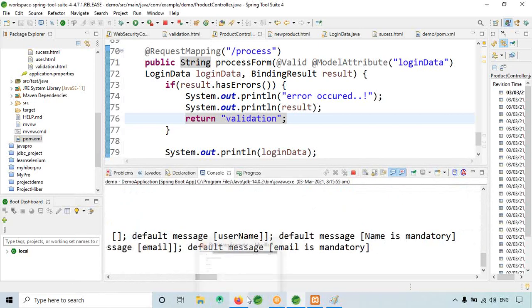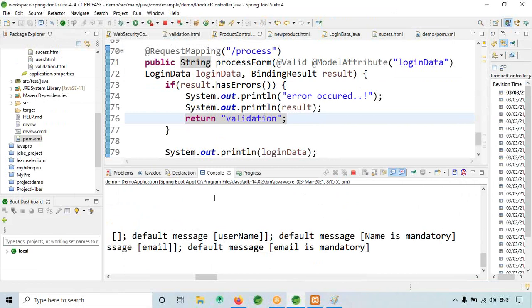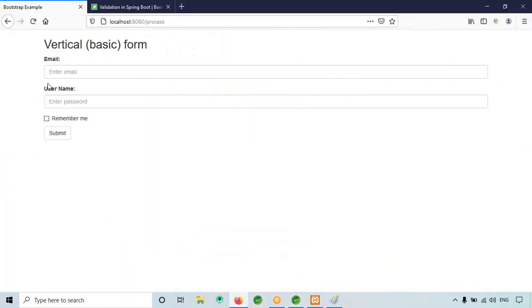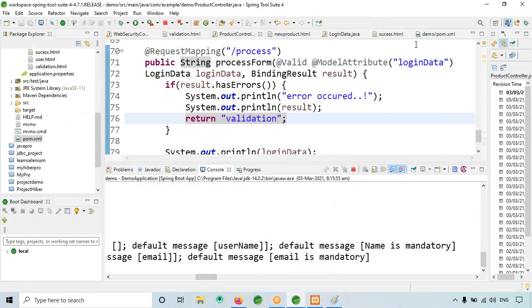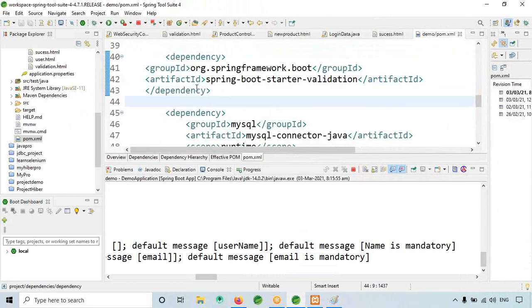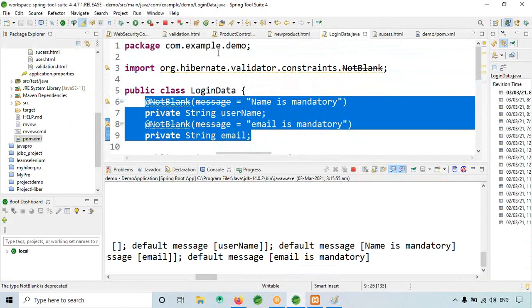Now the only thing we have to do is display the message that is coming, down here, like enter the email, enter the username. So here we have to write that. That is basically the server validations, right? So now the server validation is done. From the backend, very simple, just add the dependency like this and just specify what message you have to give. That's all.